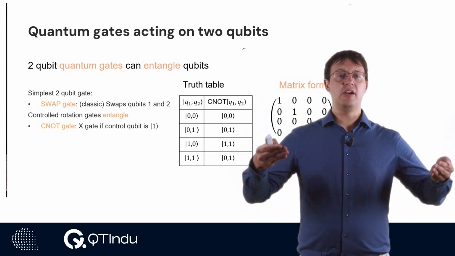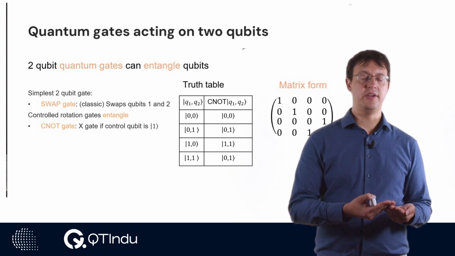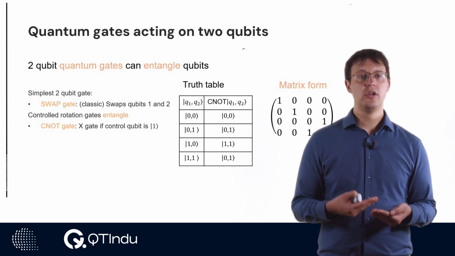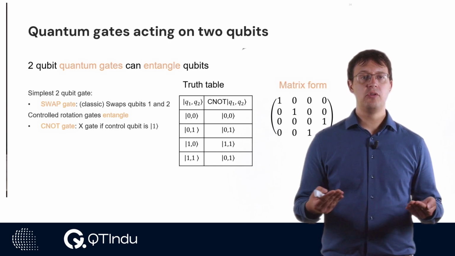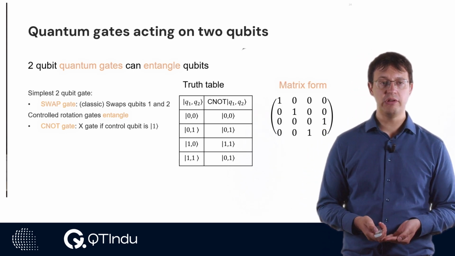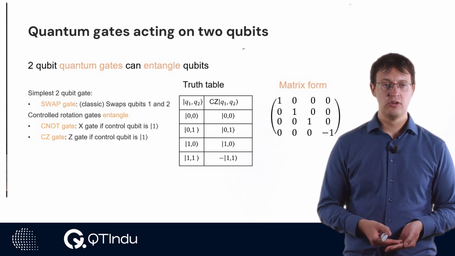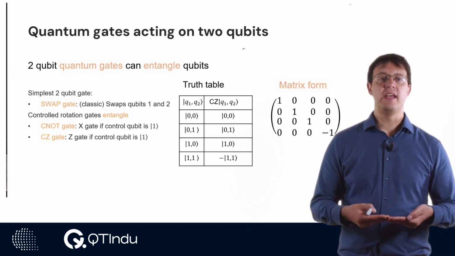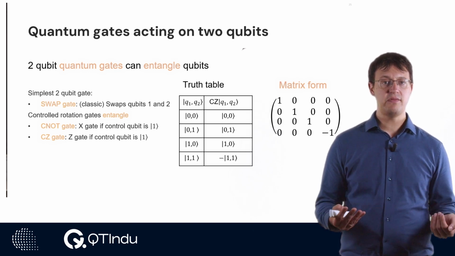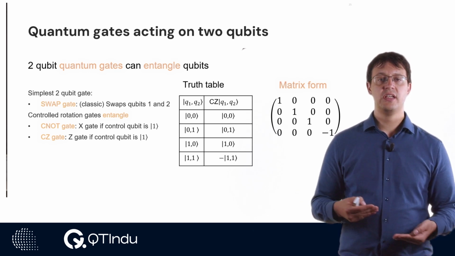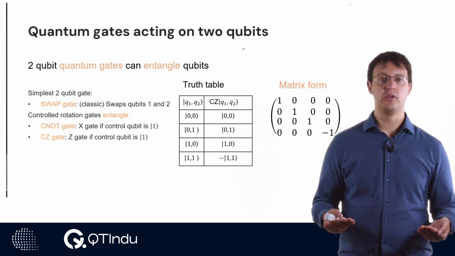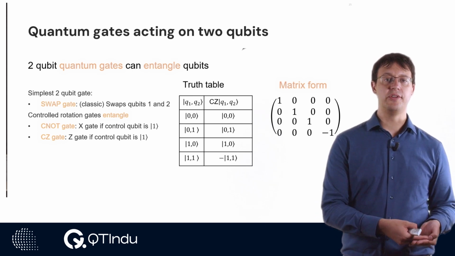However, we have seen there are many rotation gates on the previous slide. This means we can also construct more controlled gates. And I will now go through the most important ones for these lectures. The second controlled gate we will look at is the so-called CZ gate. The CZ gate performs a phase flip if the first qubit is in 1. The nice thing about this gate is it does not change the probabilities of the state. It only provides a conditional phase flip depending on the first state.